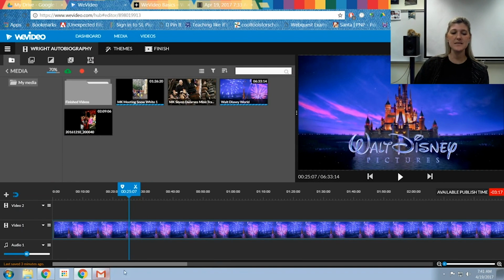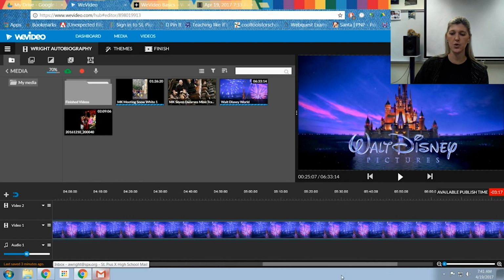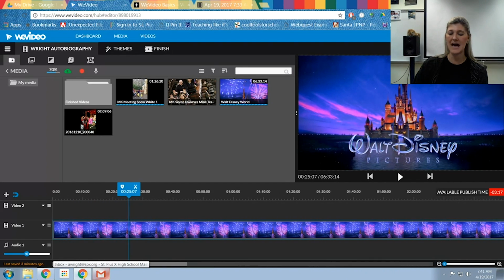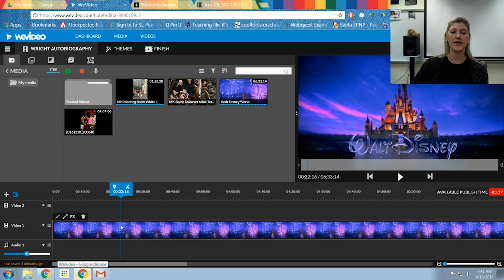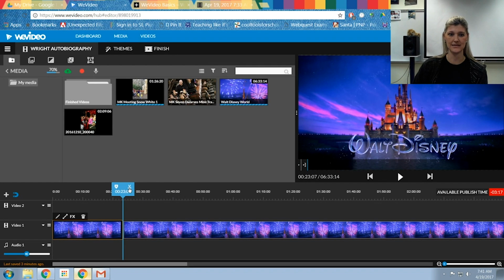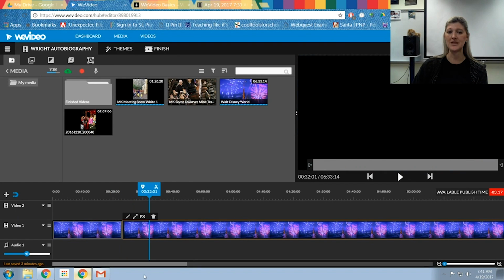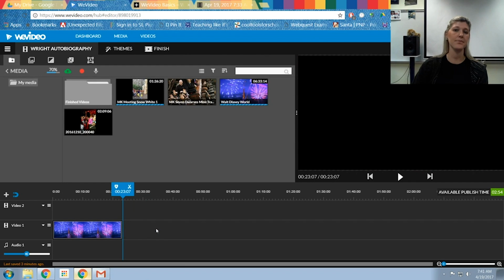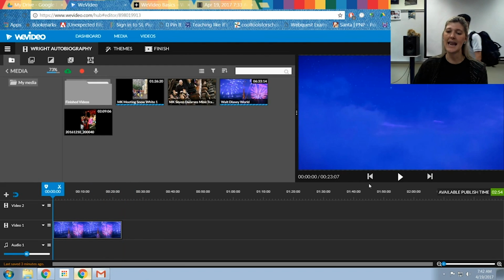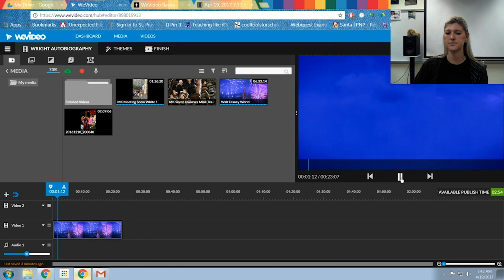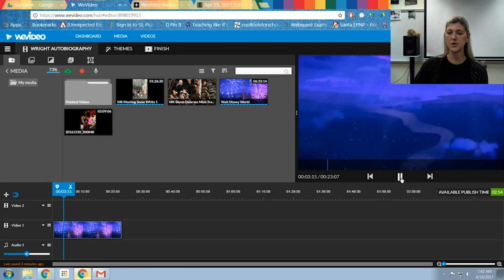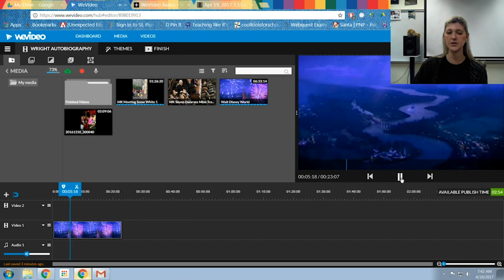Now, because this video is so long and I would have to scroll to the end and trim all of that back, what I could do is click on the clip, have this little playhead in place and click on the scissors. That's going to split the clip into 2 pieces. Now I can click on that second piece and hit delete. And now I just have the beginning here. All right, and so we can see the intro